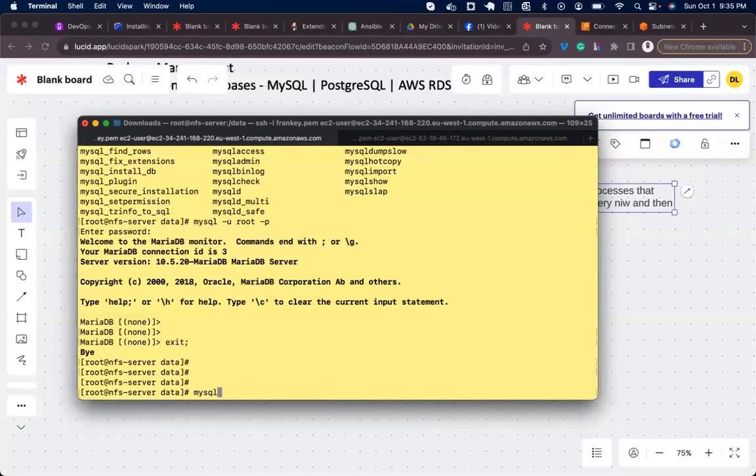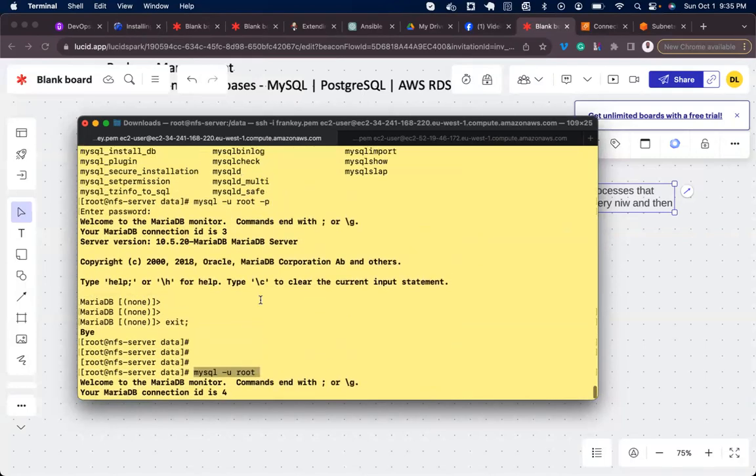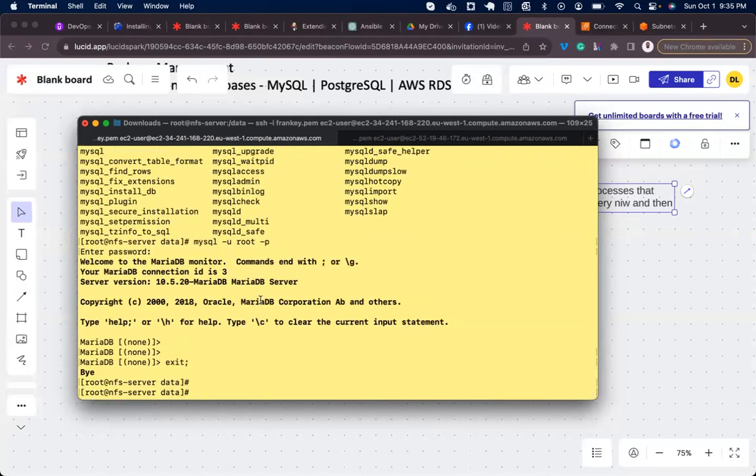I'm coming back inside again. There's a default user called root. I'm logging in with root. Root has a blank password. There's no password. And this behavior is very risky. It's very risky in production. So once you install MySQL server or MariaDB, whatever,